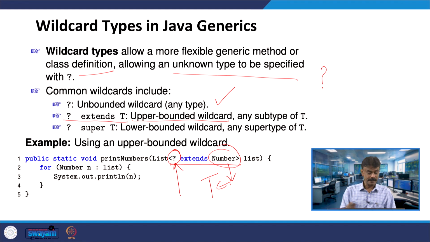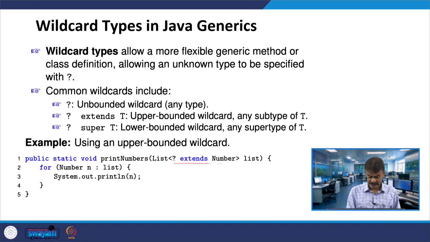Suppose you write one more syntax, question mark super T. That is any supertype of T, which is called a lower bounded wildcard. This example is an upper bounded wildcard: question mark extends T, where T is Number, meaning any subtype of Number. Similarly you can use the syntax question mark super T.